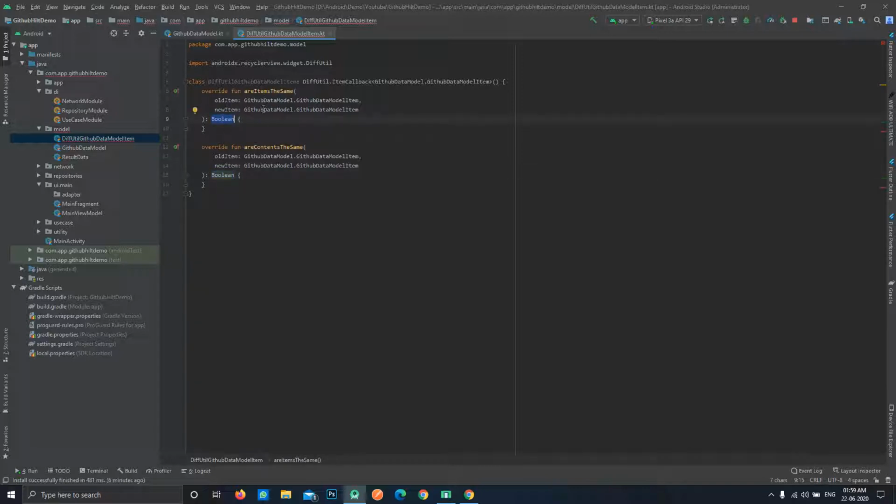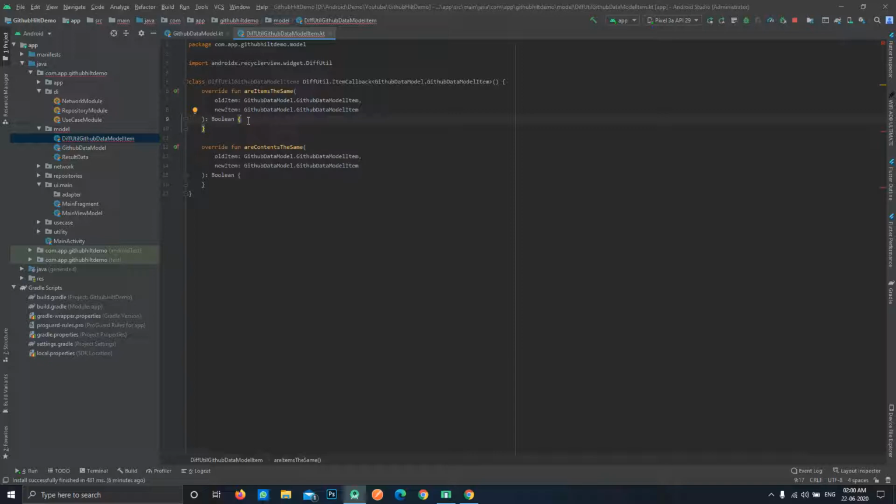Okay, so what these methods are: whenever this DiffUtil class is provided a list, it will check the previous list and the new list, and it will compare every item, like here's the old item, here's the new item, to check if these items are the same or new. Let's say we have a list containing 20 items and we provide another list of 20 items. How will it differentiate between those lists? Let's say that the first item of those lists is the same, the second is also the same, but the third item varies.